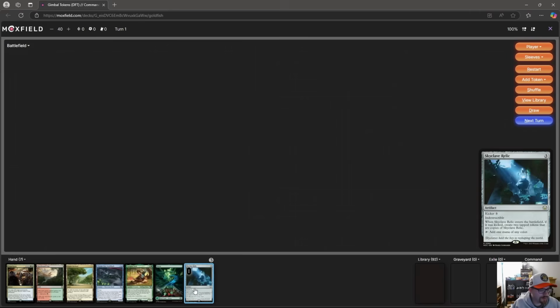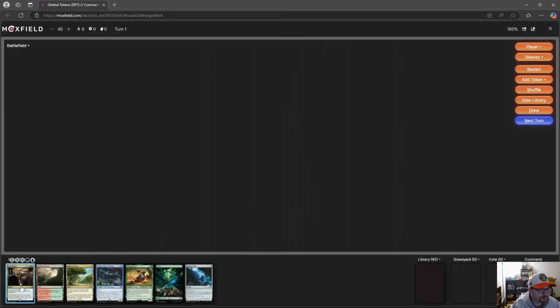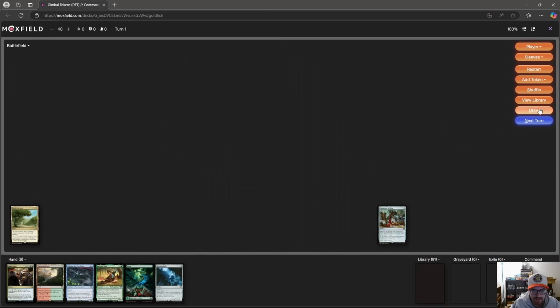Keeping a 3-lander with Skyclave Relic. Something that can make copies of itself if we kick it. Peregrine Took, the Sheath Shark, and then Doppelgang. So some interesting options here. We see an animation module there, so that'll be able to come online once we get closer to our...